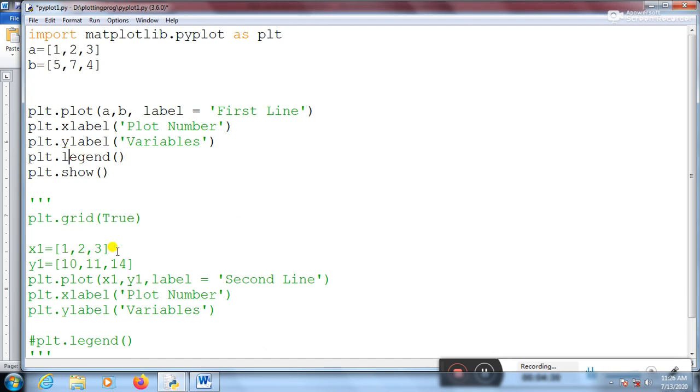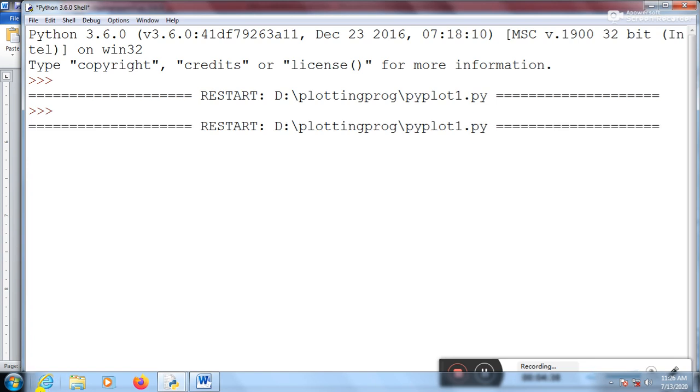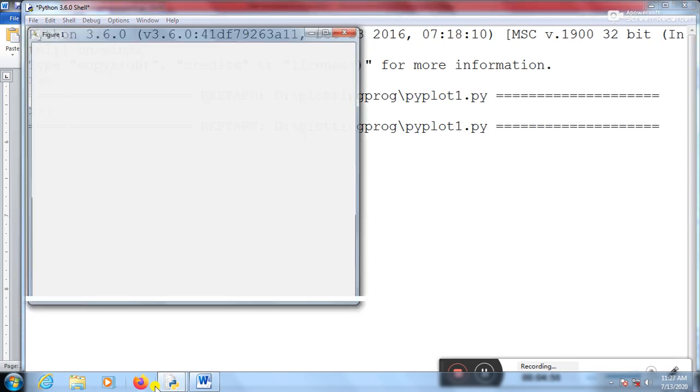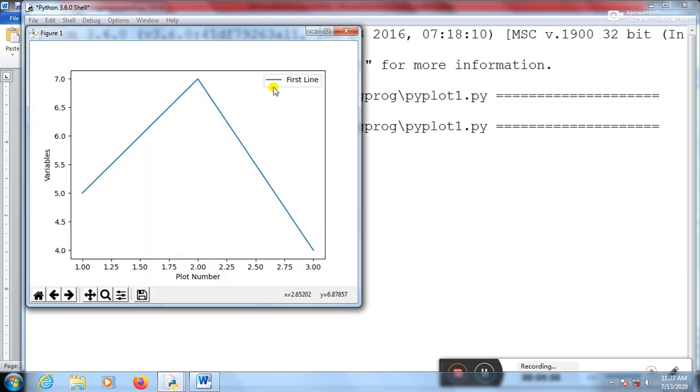When we say plt.legend, it will display a legend also. Again it's opening a shell, creating a graph in a new window, and displaying it. This time there is a legend, first line. Is that okay? So this is how we create a legend.